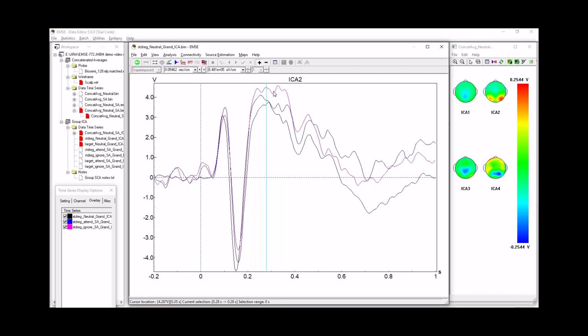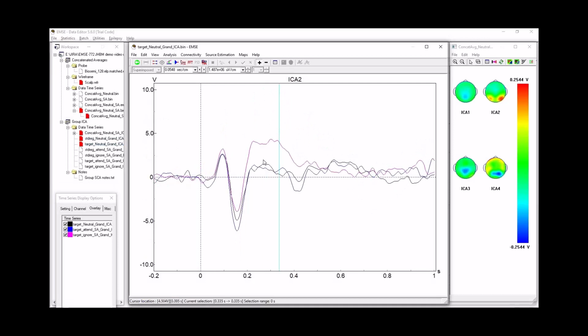It's the one that shows the largest. But let's look at the targets. Here in the targets we can see there's a differentiation. The ignore is now larger, so a possible interpretation is that the subject has to ignore, suppress. These are the targets, so maybe this has something to do with suppressing, or the effort required to ignore the